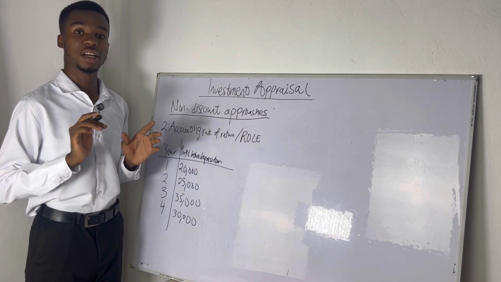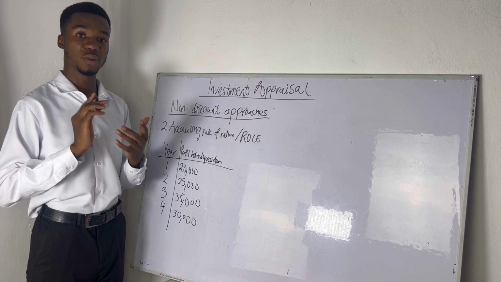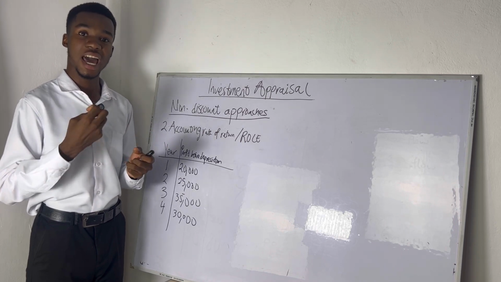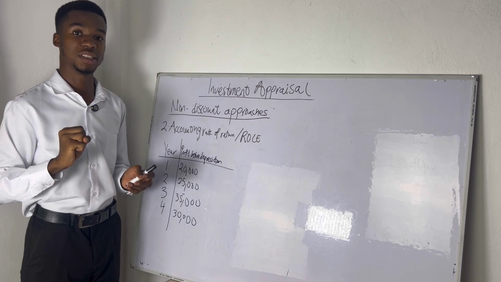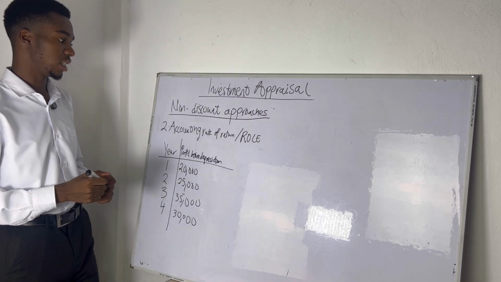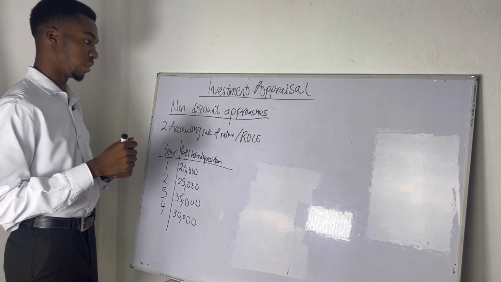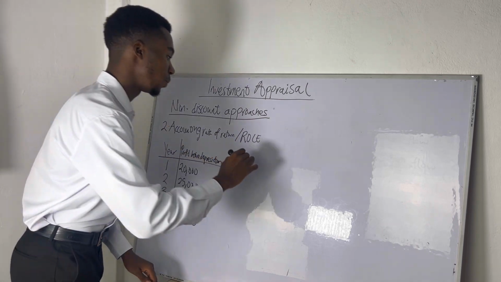Do you get it? So now the first thing we are going to do is to calculate the annual depreciation, meaning that every year how much in terms of money does it depreciate. So how much are you going to be taking from it every year? They've already given us the percentage, but then we'll calculate it in terms of proper money. So for annual depreciation,